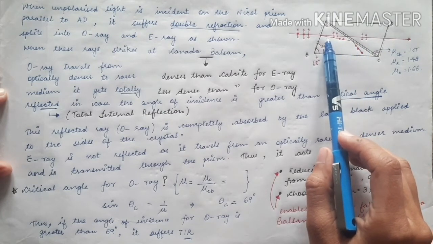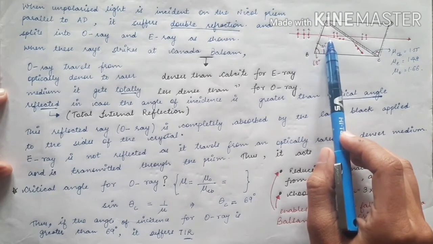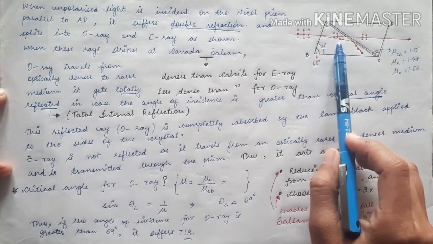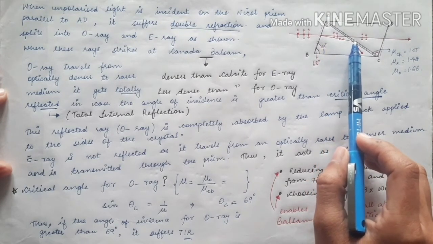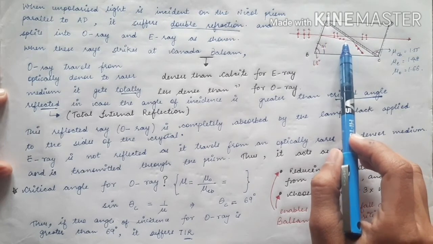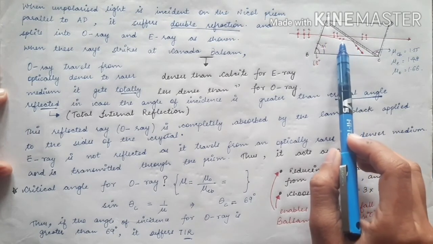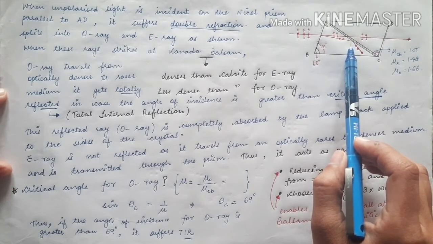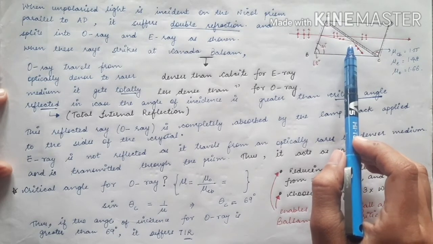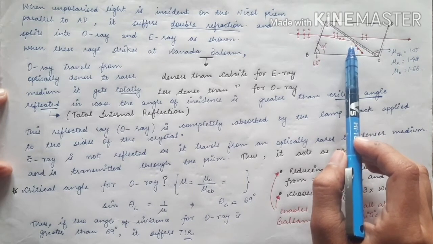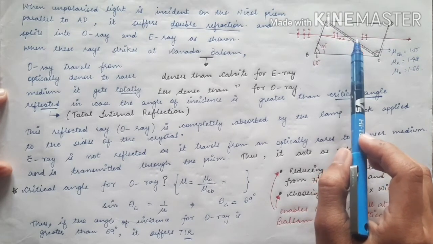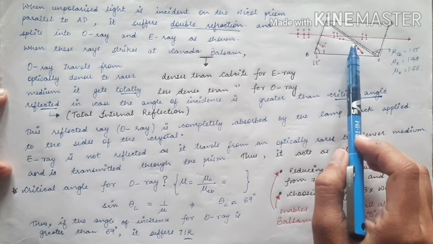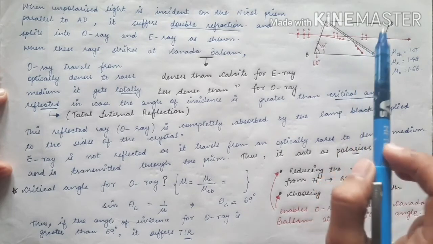So the ray is striking at the Canada balsam layer from the denser medium. The O ray is traveling in the denser medium and it is incident on a rarer medium. So there will be total internal reflection of this O ray if the angle of incidence is greater than the critical angle. Only if the angle of incidence at the Canada balsam layer of the O ray is greater than a certain angle which we term as critical angle, only then this O ray will undergo total internal reflection,